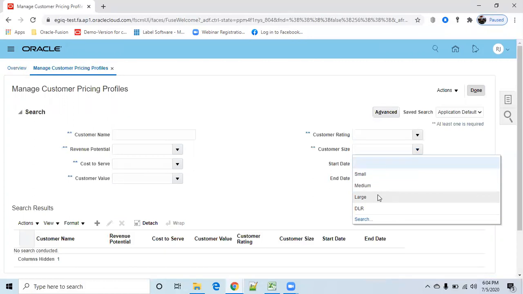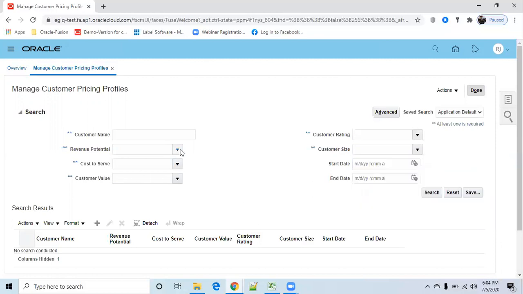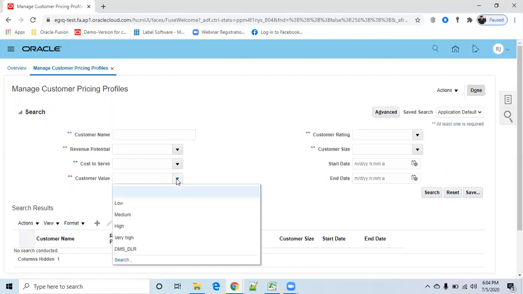It depends on the scenario. Oracle Cloud decides based on these five parameters: revenue potential, cost to serve, and customer value. What are the customer's monthly sales, whether low, medium, high, or very high?